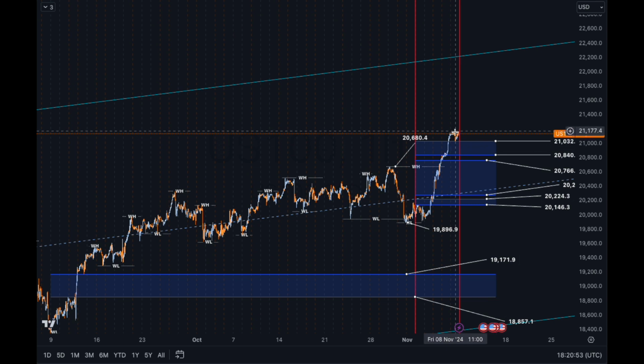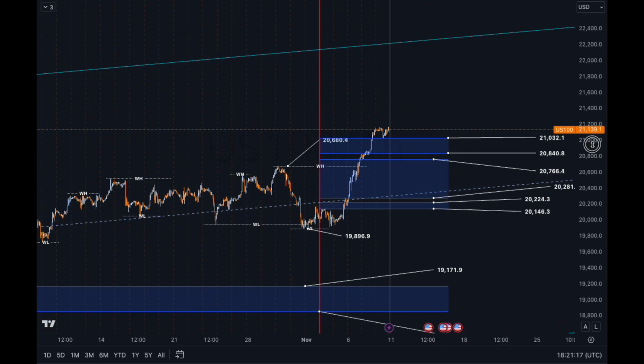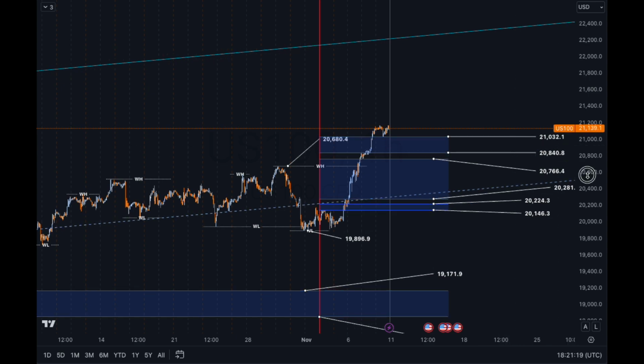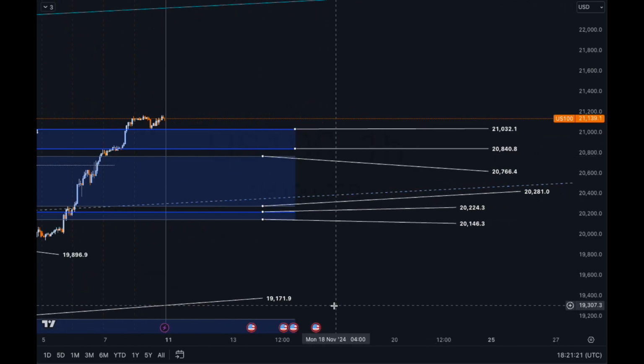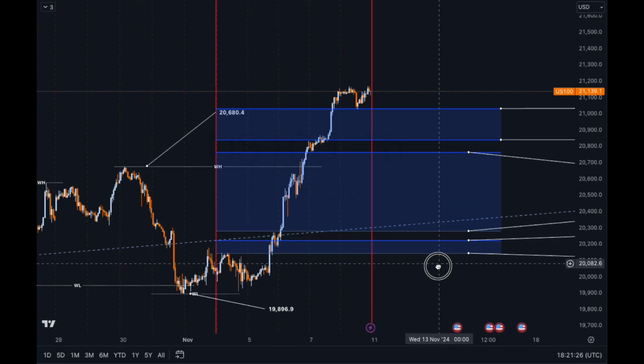I think price is going to make its way up to this level over here. So we're looking at 22 or 22400, right? So I believe price is going to make its way up to this level up here, right? And how it does it is going to be interesting, especially with the opening of the market tomorrow, right? So how I would position myself in all of this, okay, is I would want to know, especially from Monday, okay? So Monday for me, I would not be